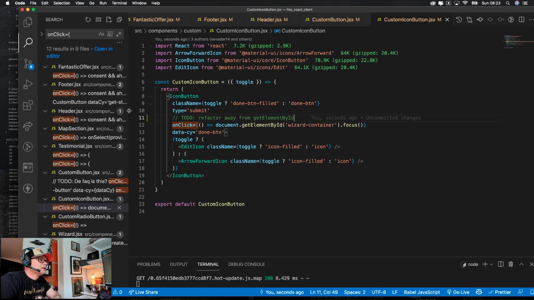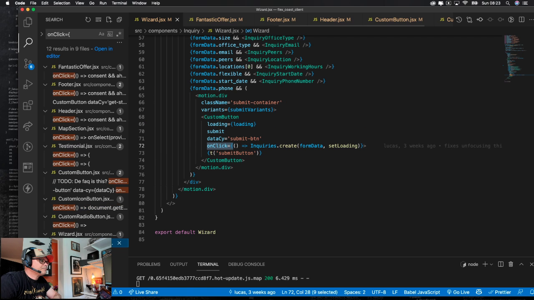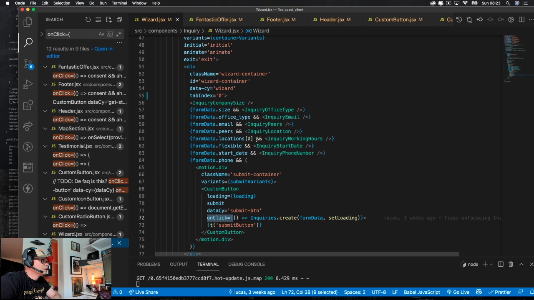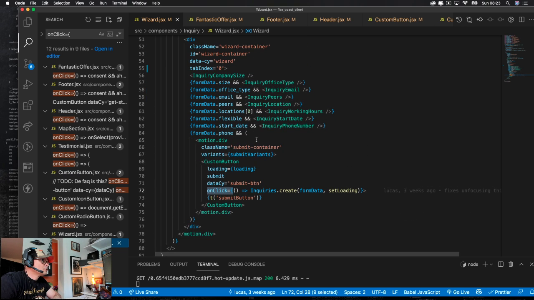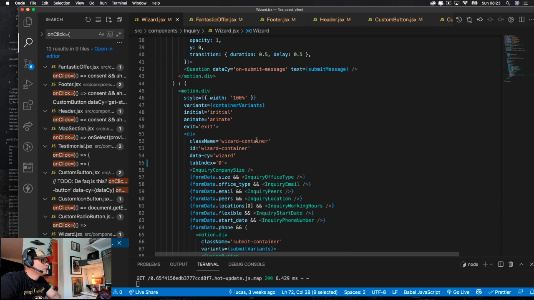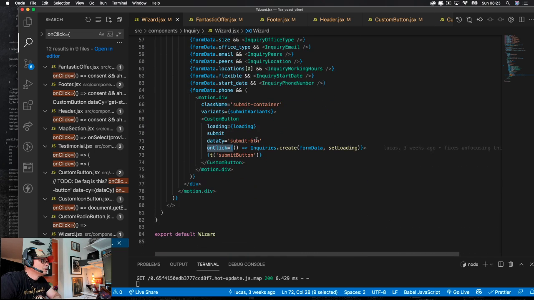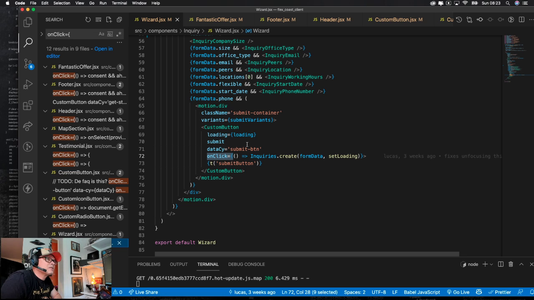Right. Okay. Create form data. Right. So this is like an inconsistency in the code, because here they are adding this on-click event and creating this inquiry here, whereas in the other form they are using an actual form and on submit.